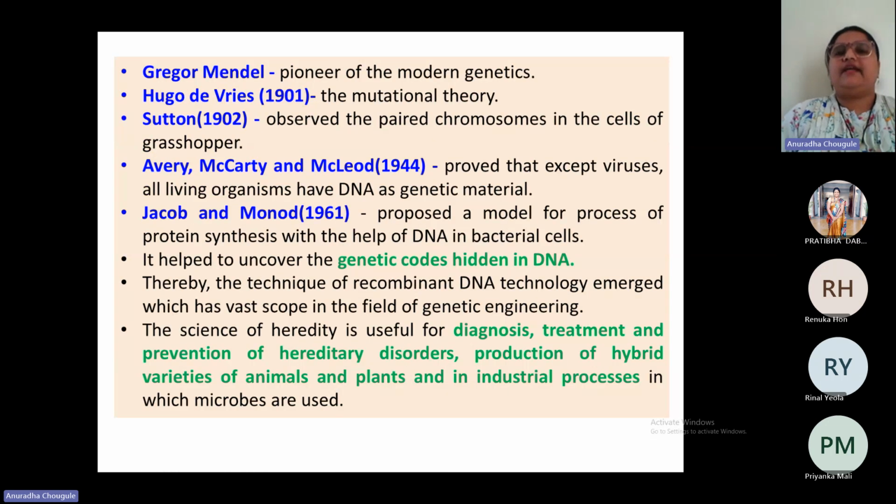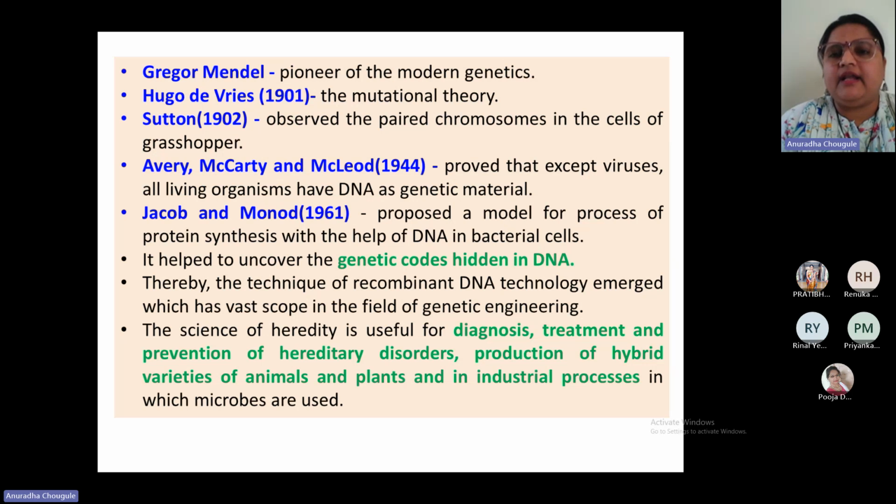So we will see some research related to genetics. First, Gregor Mendel, he is the pioneer of modern genetics. After that, Hugo de Vries proposed the mutation theory. After that, Sutton in 1902 observed the pair of chromosomes in the grasshopper cell. After that, in 1944, Avery, McCarty, and MacLeod proved that all living organisms have DNA as genetic material except the viruses. After that, in 1961, Jacob and Monod proposed the model of protein synthesis with the help of DNA in